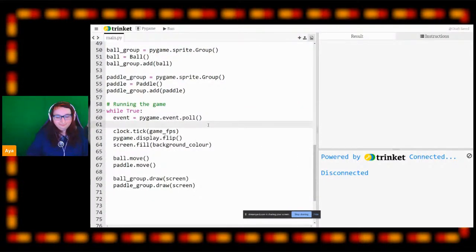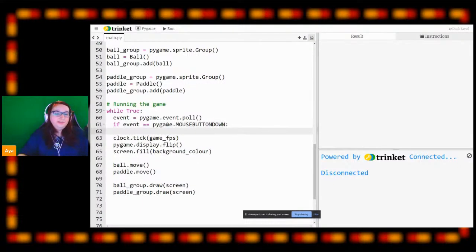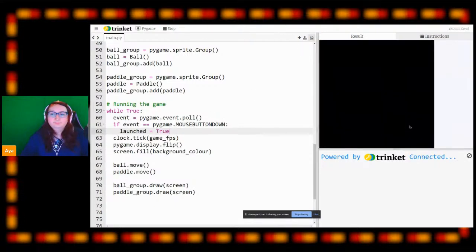We can say if event equals, and I've got to look at my bit of code here. Here we go. Pygame dot all capital letters MOUSEBUTTONDOWN. So this says if the user clicks the mouse, launched will equal true. So now when we run the game, our ball isn't launched yet, but as soon as we click the mouse,